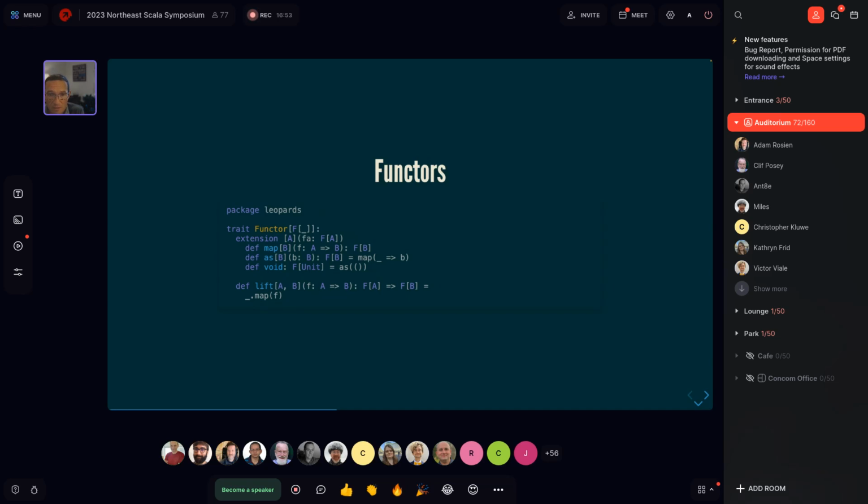What's different in Scala 3 as opposed to Scala 2 is that we would define the map operation as an abstract extension method, right? So we're saying all of these first three operations are all extension methods on some F of A. Map will be defined as our key abstract operation that implementers of functor are going to have to implement. And then we can also define our derived operations like as and void as concrete extension methods using map. So the key idea here is just that extension methods can be used just like regular methods, right? There's nothing special about them such that they're limited just to writing operators.